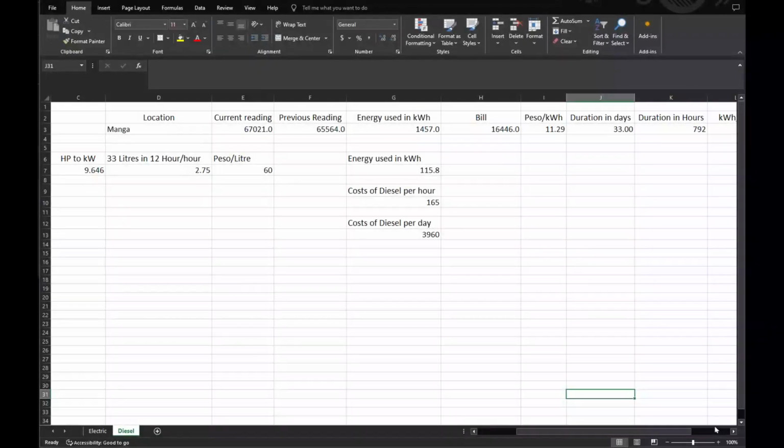It is April 24, around 8:30. I got the electric bill for the submersible that we use in Manga, from March 21st to April 20. So the duration is 33 days. I needed to figure out whether using electricity versus diesel,